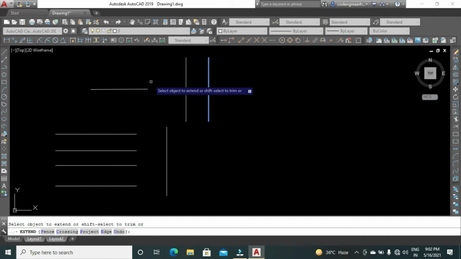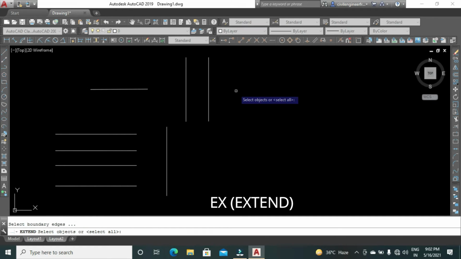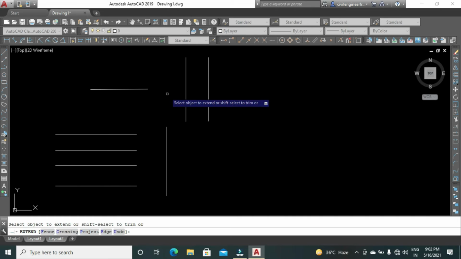If you use another command, you can use EX, Enter and double Enter. After EX, Enter, Enter and Enter. After choosing double Enter, you select the object which you want to extend, and extend your object. Okay,